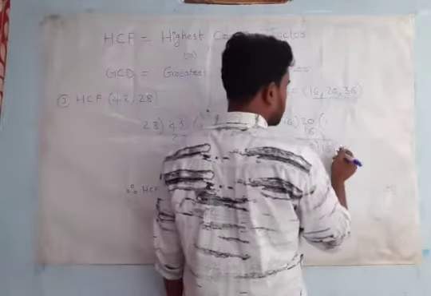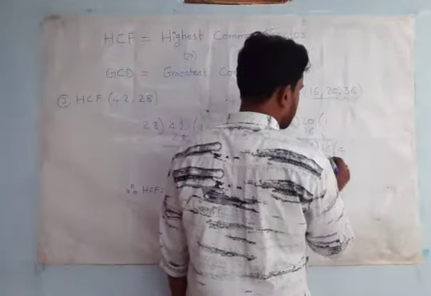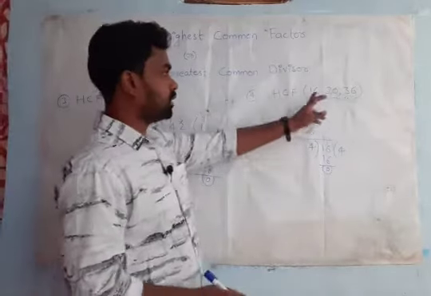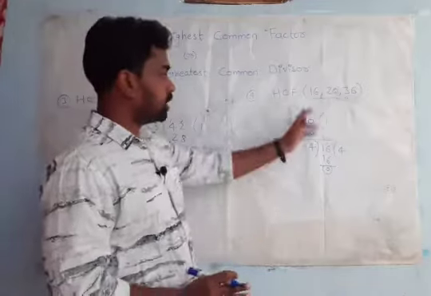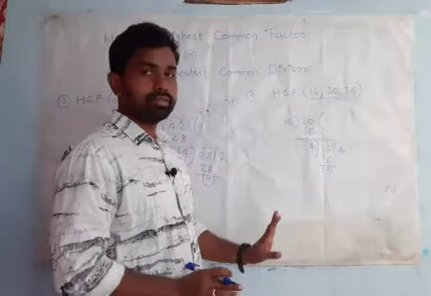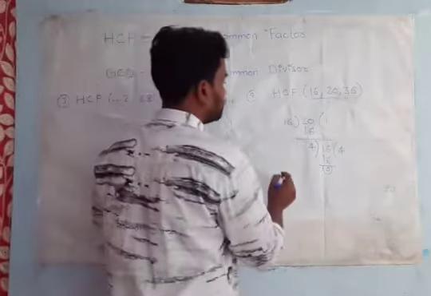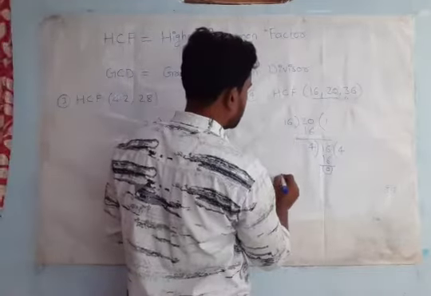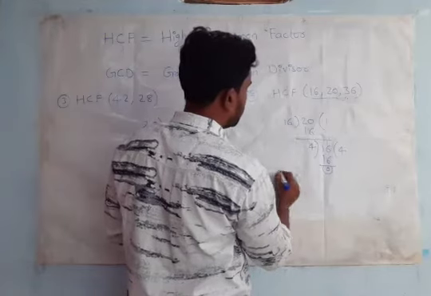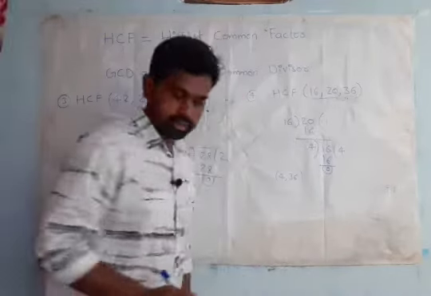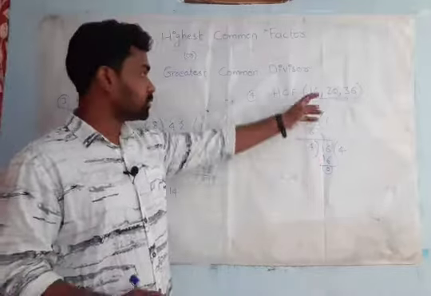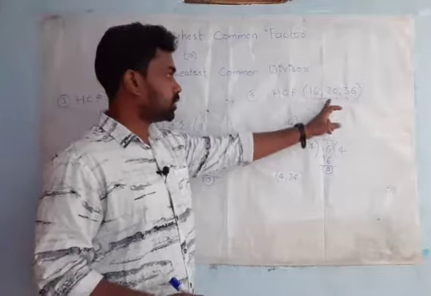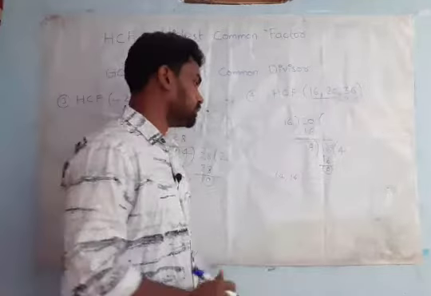Again we do the division. In the 4 table, is 16 there? Yes, 4 fours are 16. 16 minus 16, 0. For these two numbers, 4 is the HCF. Now we have to find the HCF of 4 comma 36. Instead of these 2 numbers, we take 4, and here 36 is there.